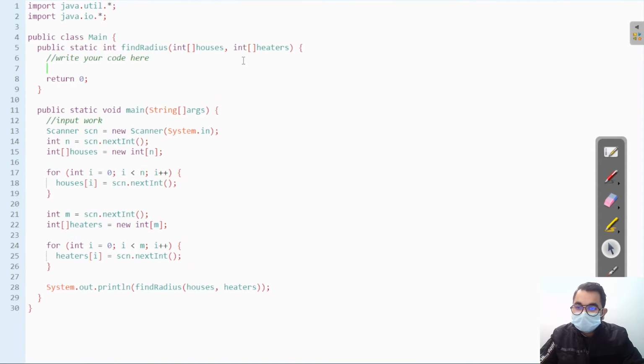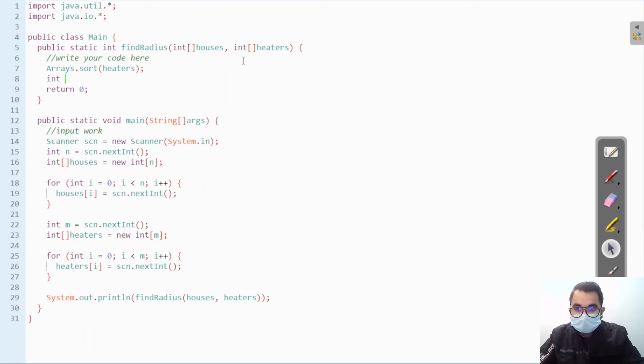Okay, so first of all, what we were doing was sorting our heaters array. So let's sort this. Arrays.sort(heaters), and then what we were finding, radius. So let's name it answer. Okay, so here it is,